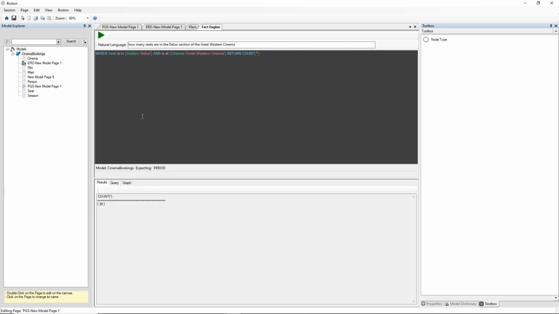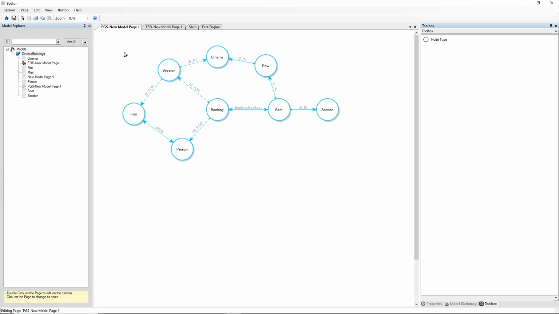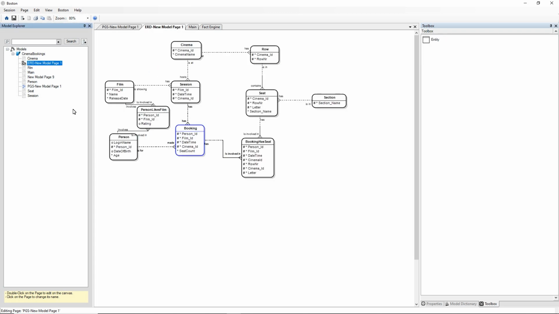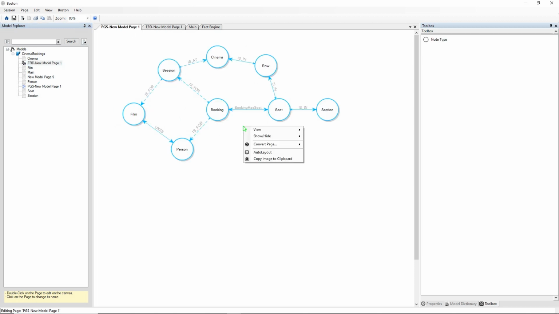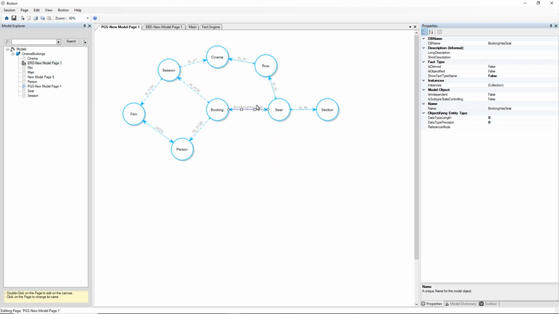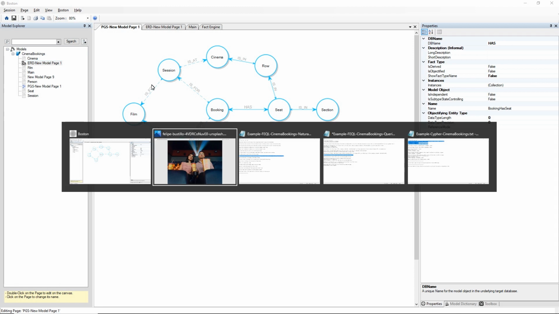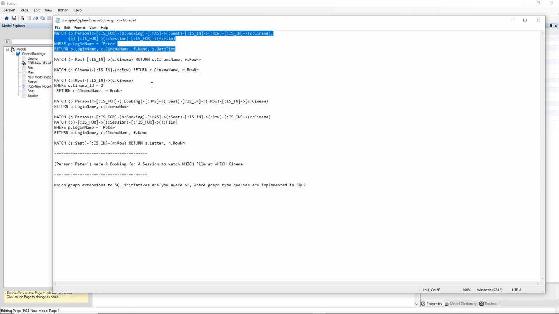Now, because we have a property graph schema view over what is a relational database in the classical sense, we can do very interesting things in beta fashion inside Boston and FactEngine. I'm just going to change that label momentarily to "has," so that we can see that this is your typical property graph schema. And I'm going to grab an openCypher query,